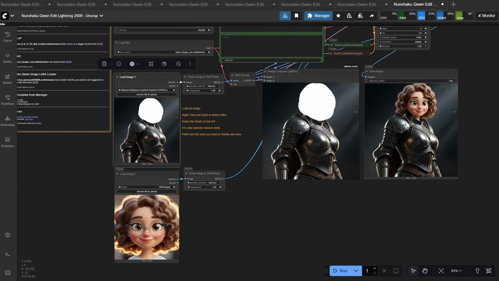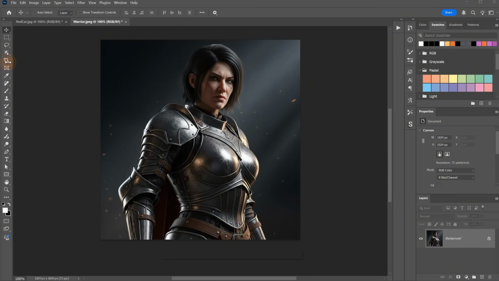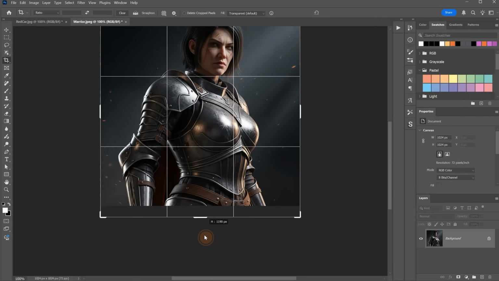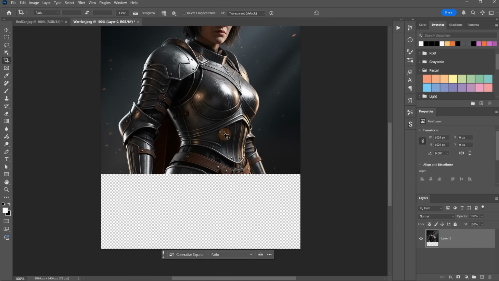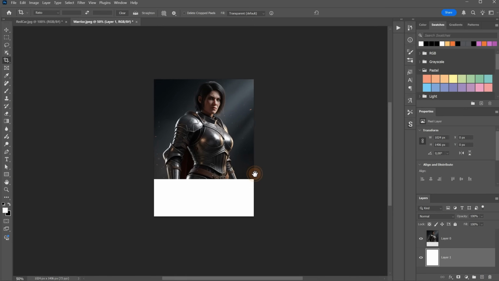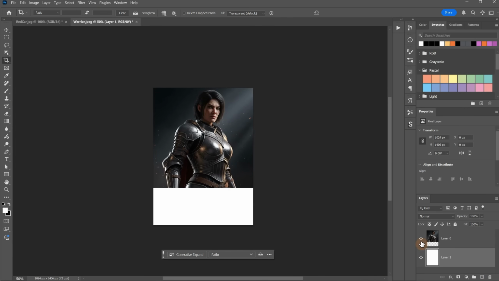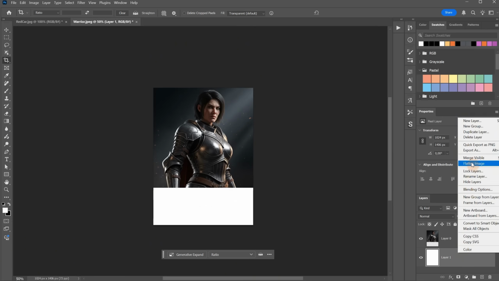Now let me show you the second way, which is for outpainting. Let's say I want this image to be taller. I'll use the crop tool to add extra space at the bottom and add a white background behind it. All you need is an image with a white area, and the AI will fill that area with something that fits. Flatten the image,